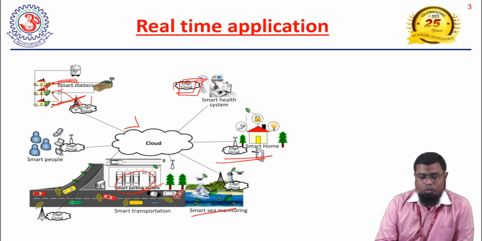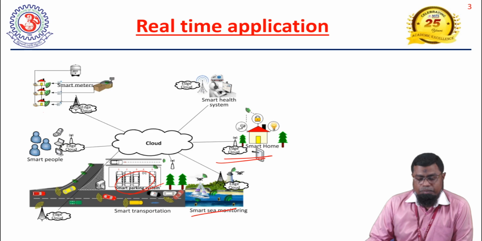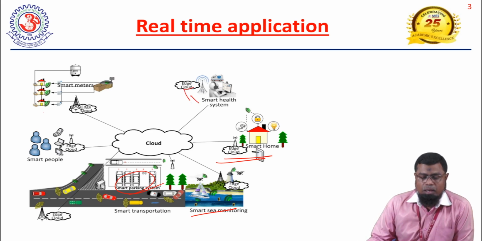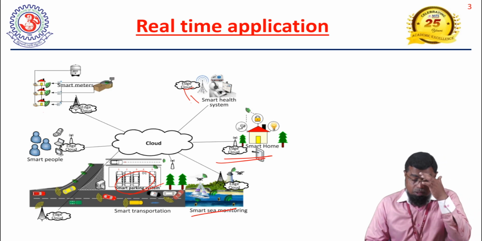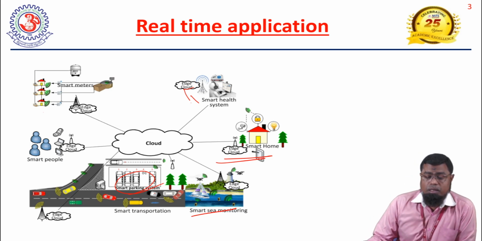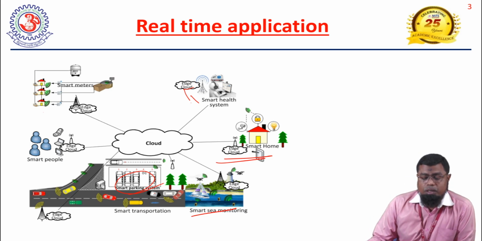We are reducing the overhead of the cloud. So unnecessary data are not pushed to the cloud. That is the first advantage. And the data is also processed very quickly because the servers are nearer to the end users. So for the time sensitive applications, where the latency should be very low, or accessing the server or task computation should be done quickly, for that purpose, we are introducing these edge servers. They are very close to the end nodes.